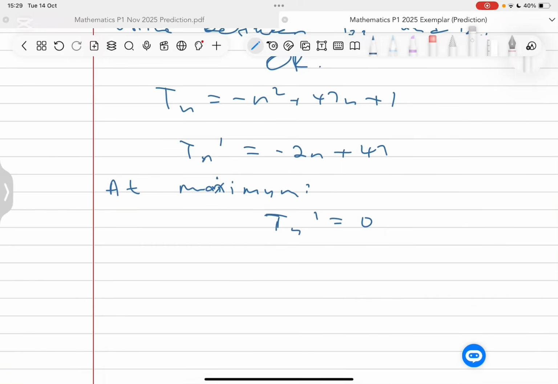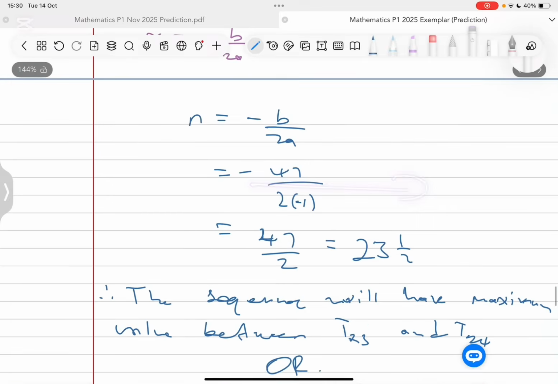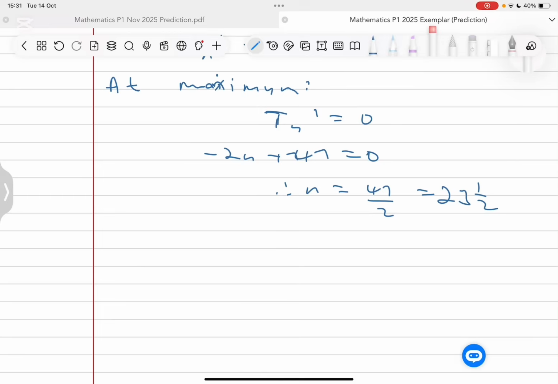So I'm going to take this derivative and equate it to 0, because we're looking at the maximum, at the stationary points. So this will be negative 2n plus 47 equals 0. And you can clearly see that n is equal to 47 over 2, which is the same as 23.5. I just took this to the other side, it becomes negative, and I divide by the 2, and the negatives cancel each other out. I then get the same value of n as we did previously when we used the turning point formula from algebra. And from here we can clearly see that our maximum will occur between